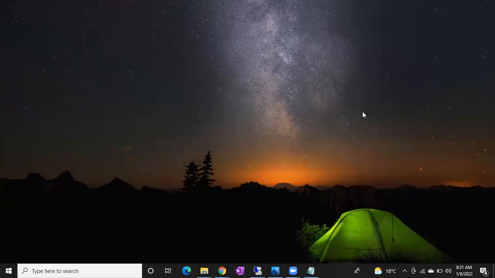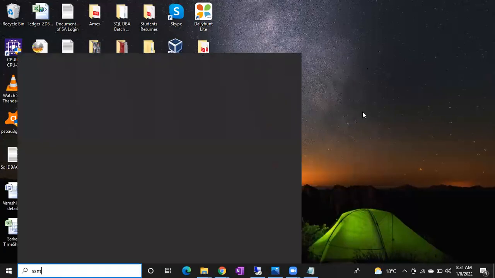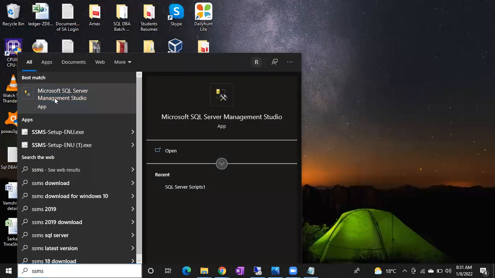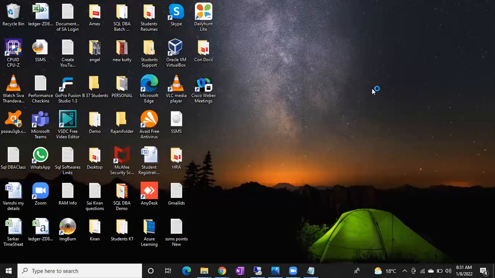In my local machine, let me start SSMS. Let me connect to my local SQL Server. In the organization, you have to restore between different servers, guys. Server 1 will be there, server 2 will be there. Sometimes you have to restore in the same server, but that is very rare. Mostly we don't restore in the same server with a different name. There is no such requirement.